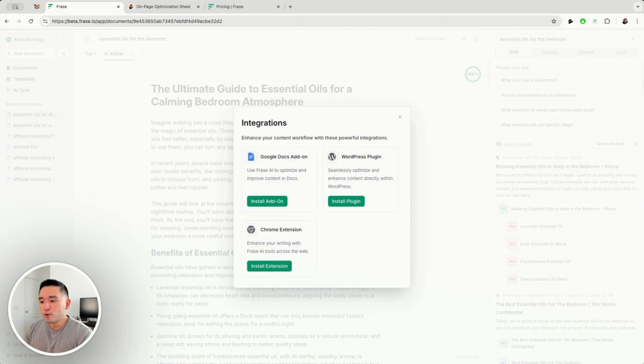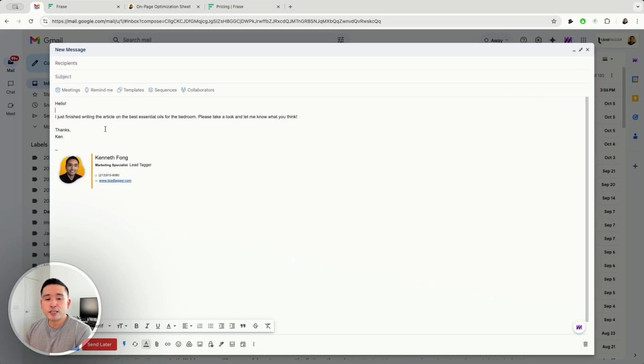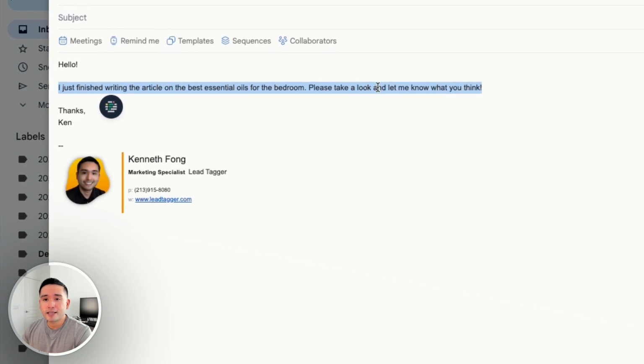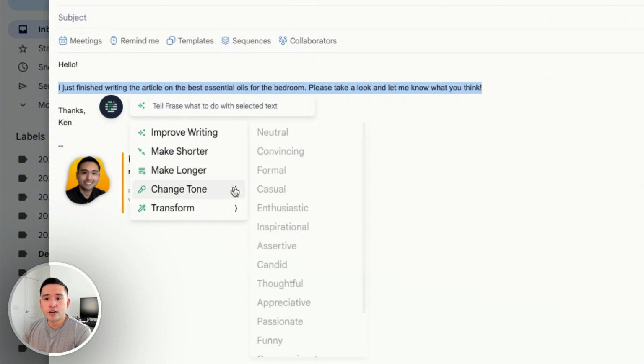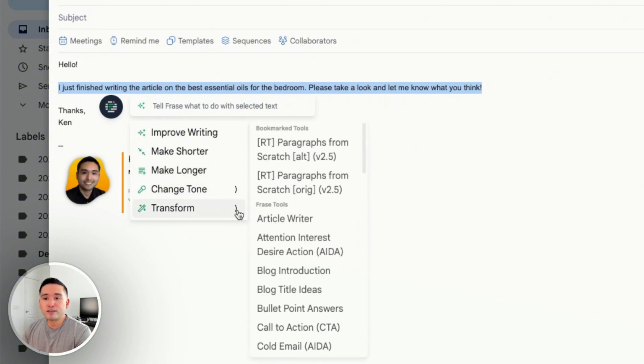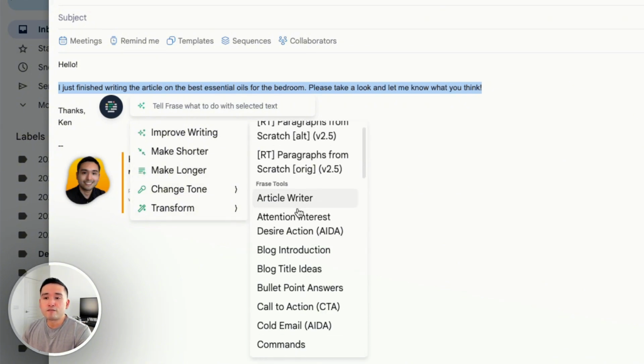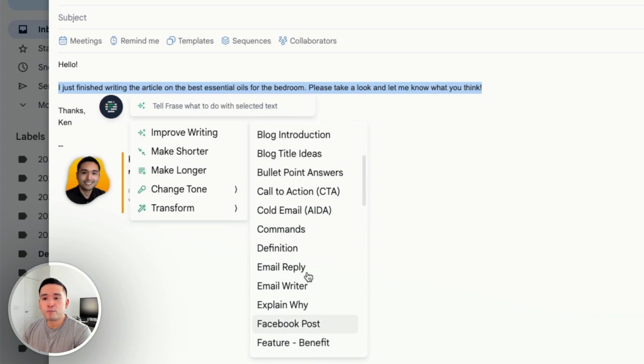Now let me show you how their Chrome extension looks like. Now you can use the Frase Chrome extension on a variety of websites, including Gmail, okay? So I wrote up this short email, and if you highlight the text, you can see the Frase icon. You can have Frase improve this writing, make it shorter or longer, change the tone, or even transform it using a variety of tools from Frase, okay?